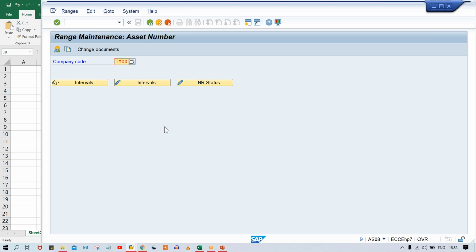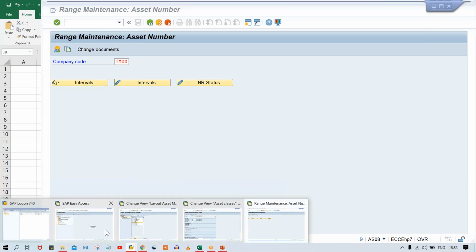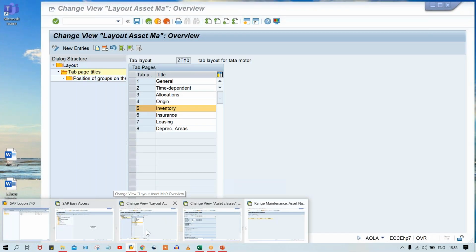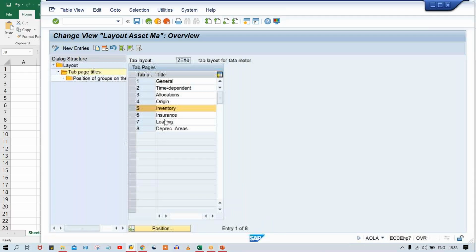So whether it is number and status or whatever changes we have made in terms of fields and all, field settings, right? And even this tab layout setting also. Where are all these assignments, guys? These assignments are there against asset class only. Till now, earlier, we have been doing all the assignments against the company code. Here in asset master, what is happening? Against asset class, all the assignments are happening, whether it is a screen layout rule, whether it is number ranges,